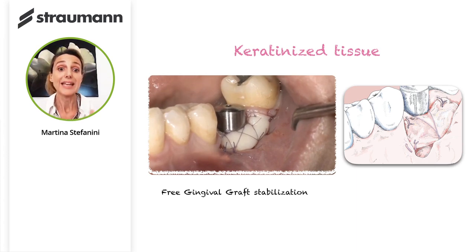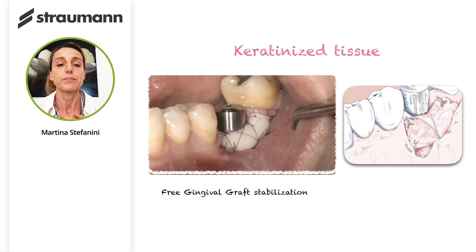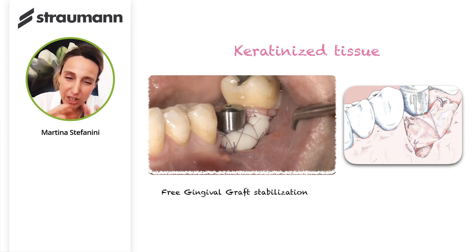The graft should be tightly adapted above the recipient bed through a single interrupted suture in the most coronal aspect, and an external mattress suture in the mesial and distal apical aspect, with this suture anchored around, suspended around the healing cap, that is able to compress the free gingival graft above the periosteum and avoid any blood clot formation too thick